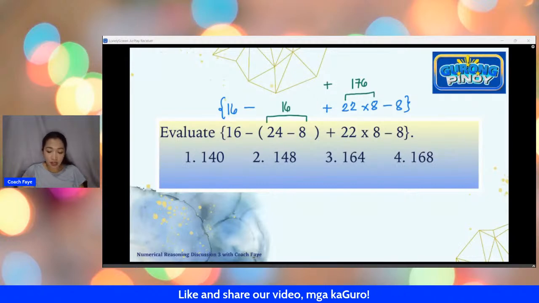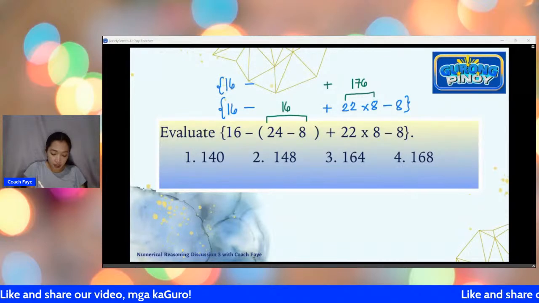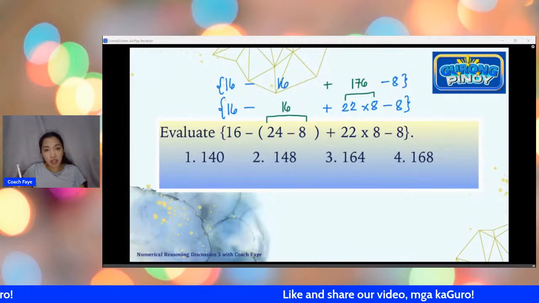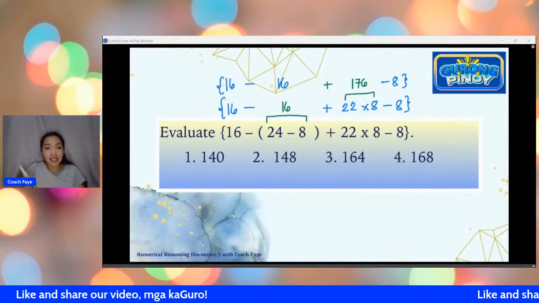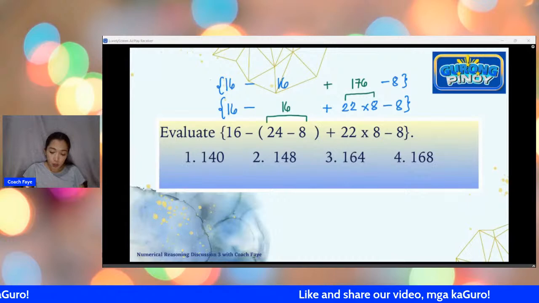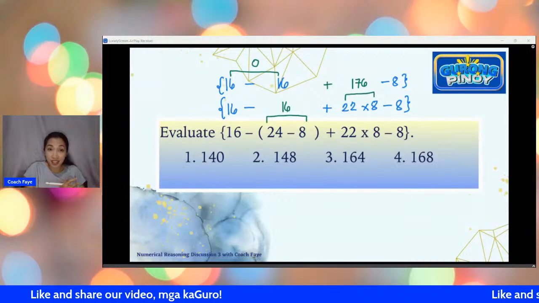Right? Now let's copy everything else. 16 minus 16 minus 8. Now, yung addition, subtraction po, honestly, wala pong problema kung sino yung unahin nyo. But usually, addition, subtraction, they're all on the same level. Magkakatabi po sila, left to right po tayo. So, we start with 16 minus 16, that's 0 already. So, I can disregard that part.